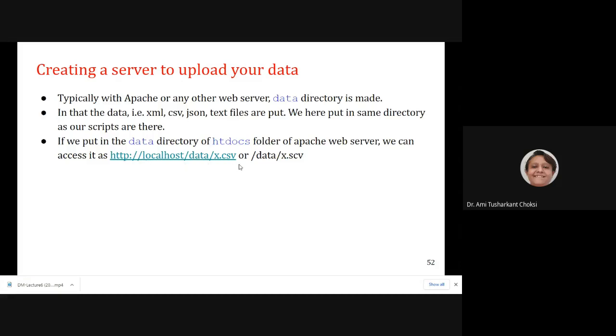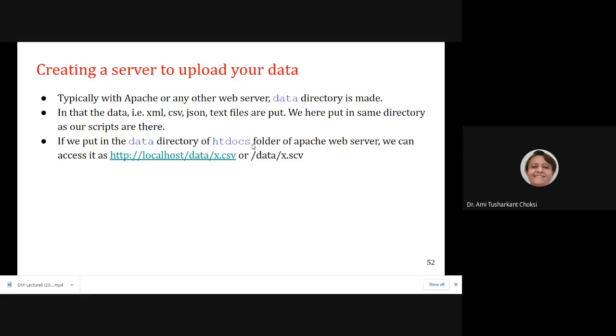And where should this data be available? It should be available in the htdocs folder. As I am showing the Apache, that is the XAMPP web server, it should be accessed this way, and the data directory should be available in the htdocs, right?